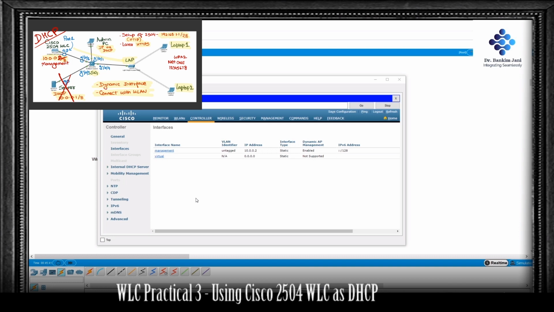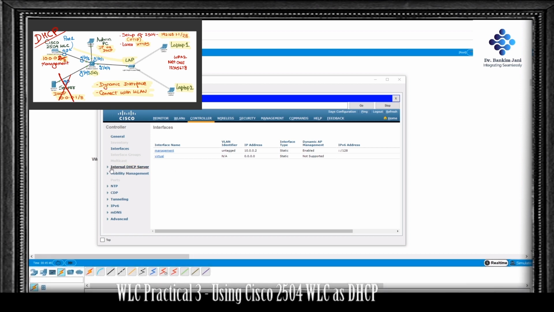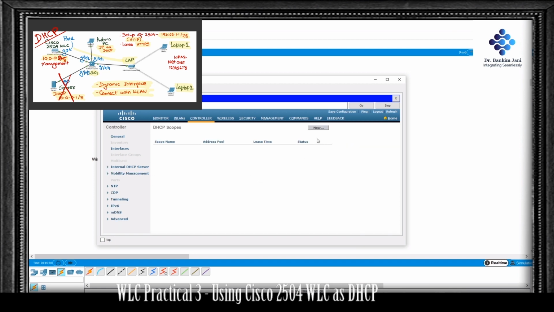So we are not repeating the entire configuration, we just have to watch for that there is internal DHCP server in the controller. We go to DHCP Scope, we create a new scope. You can give any name to the scope. Let's give the name Scope 1, apply,